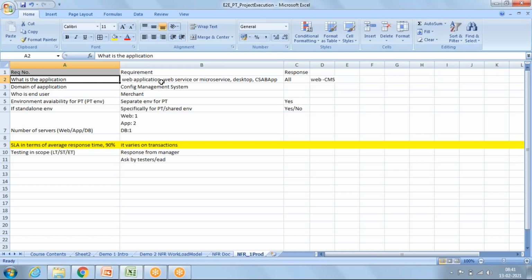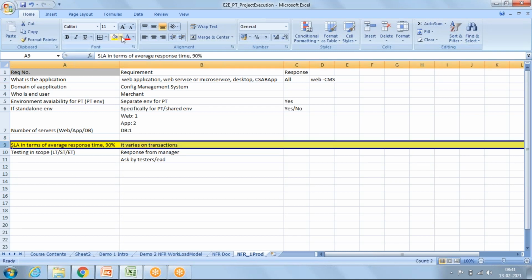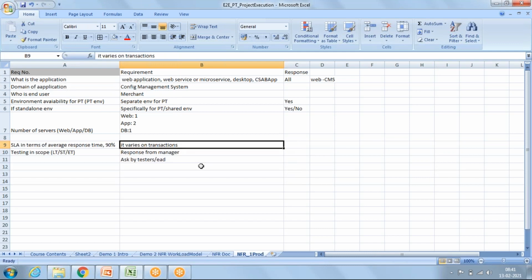All the things are same. SLA, we will ask this question: what is the expected SLA when it goes to production? Here we have some response, something like 2 seconds or 5 seconds. This response we will capture.